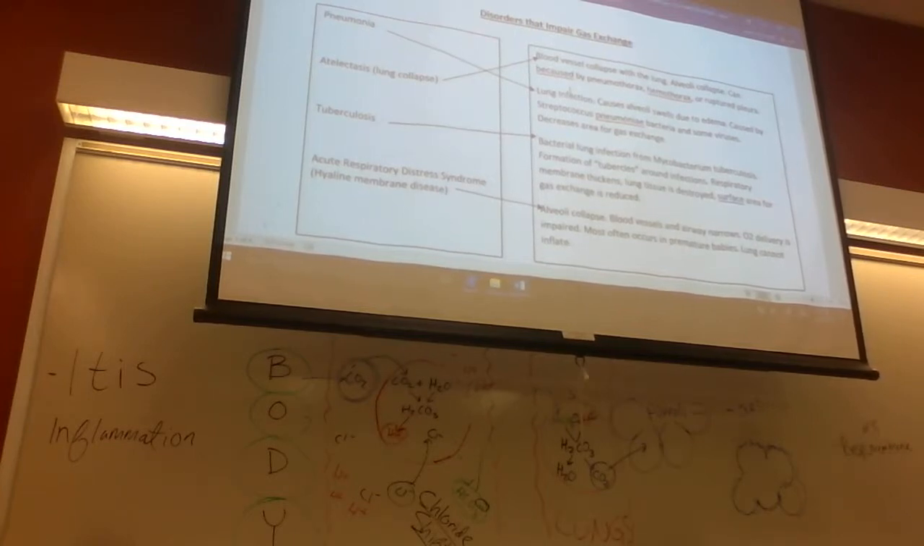Okay. Atelectasis is also known as a lung collapse. This happens when your alveoli collapse, and this can be caused by a pneumothorax, a hemothorax, or a ruptured pleura. So basically,